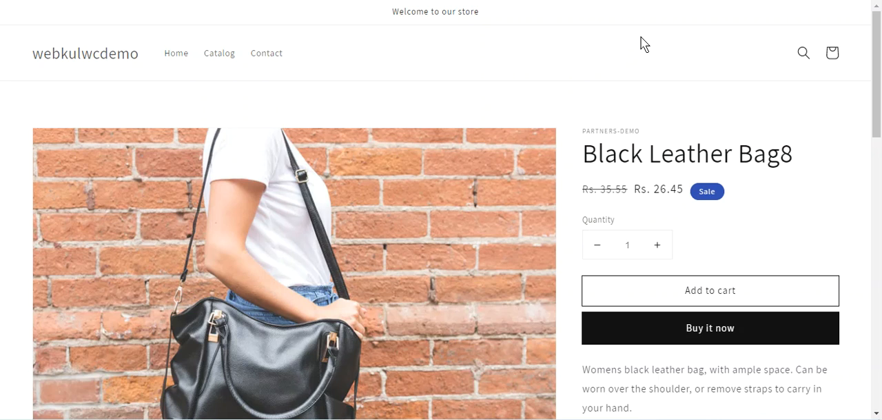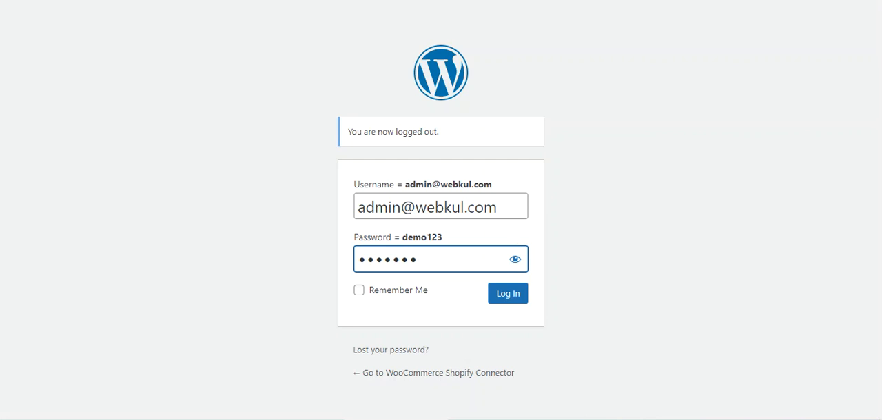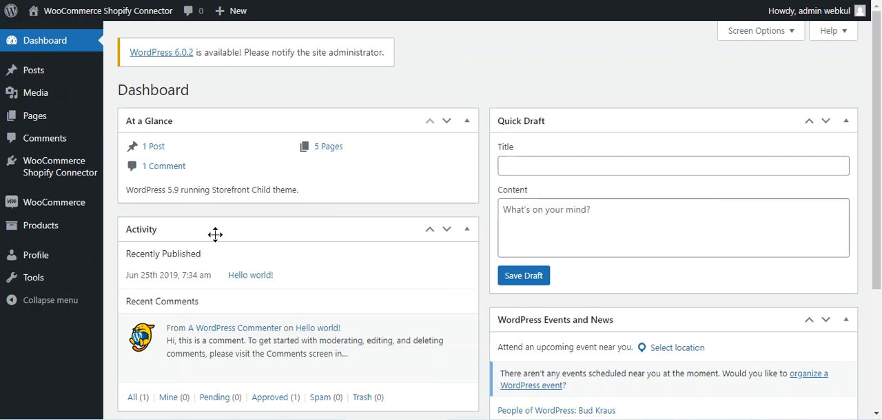So let's hop on to the admin backend panel first and let's see the workflow there. So here I am at the WooCommerce backend right now. So what I'll be doing is I'll be logging into the admin backend panel by entering the email and the password and tapping on the login button thereafter. After we have successfully logged in and we have successfully installed the WooCommerce Shopify connector within our WooCommerce store, then